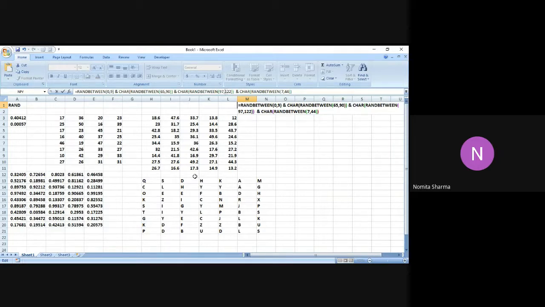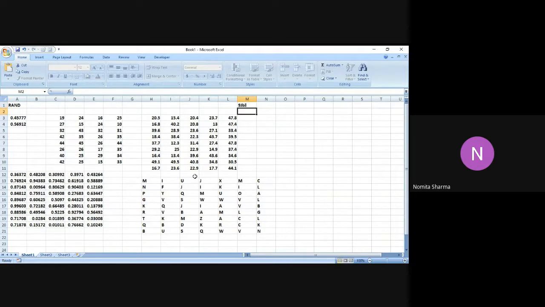This is okay. RANDBETWEEN is okay. Okay, now I got this as the answer. So the error was that we had one missing bracket within the function.